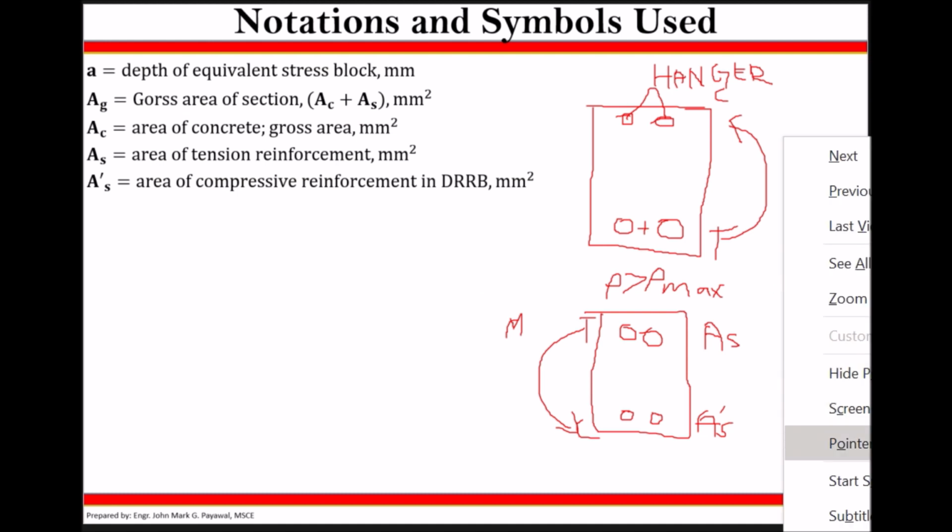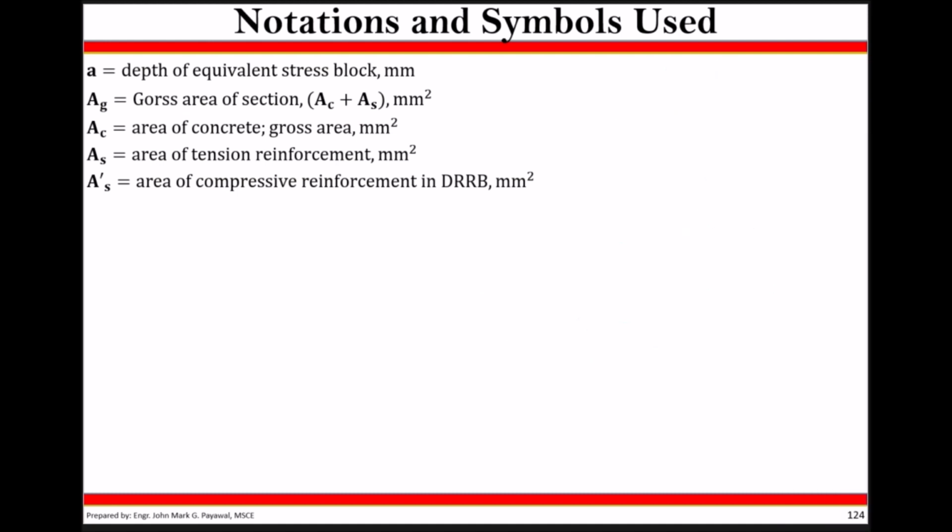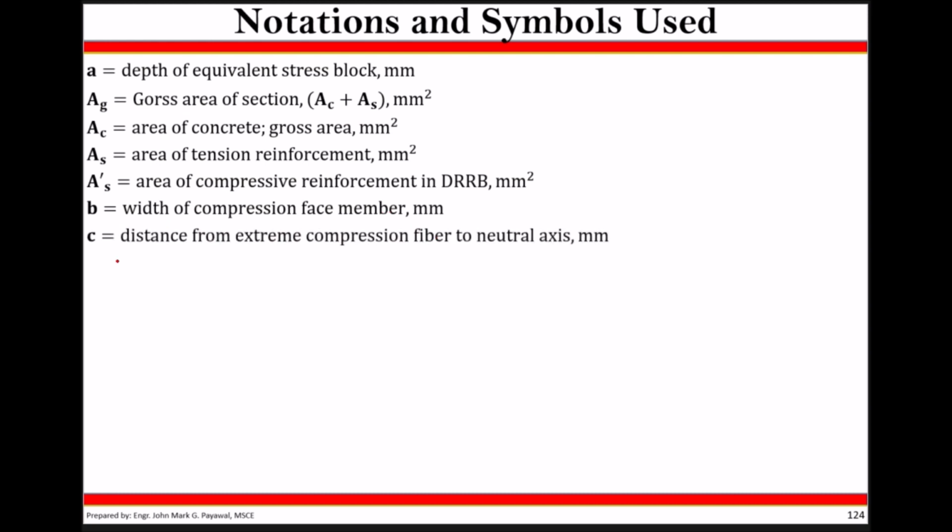Again, it only happens on a doubly reinforced rectangular beam or a doubly reinforced beam. All areas are measured in square millimeters. The width of your compression face member is still termed as your B or small b, which is in millimeters. Your C, as mentioned before, would be the distance from extreme compression fiber to neutral axis, also termed as